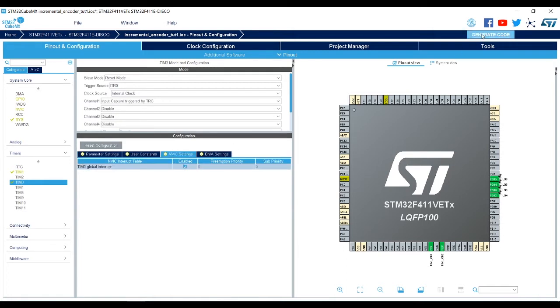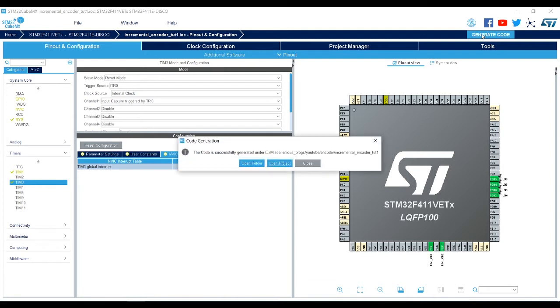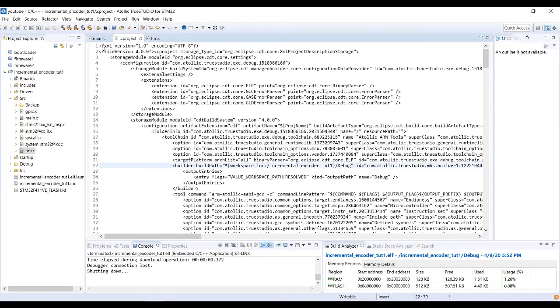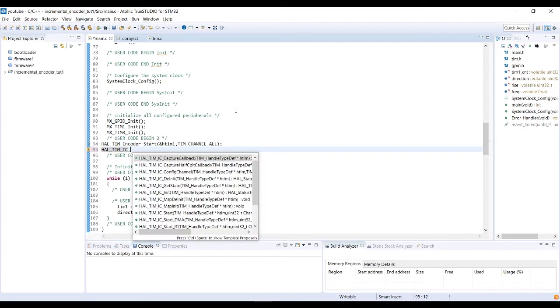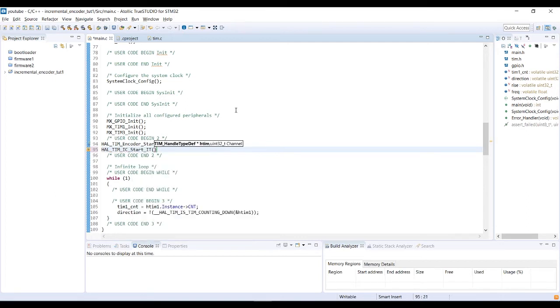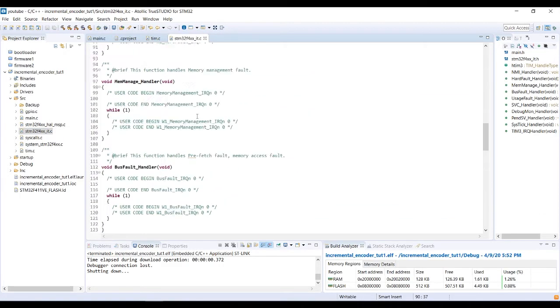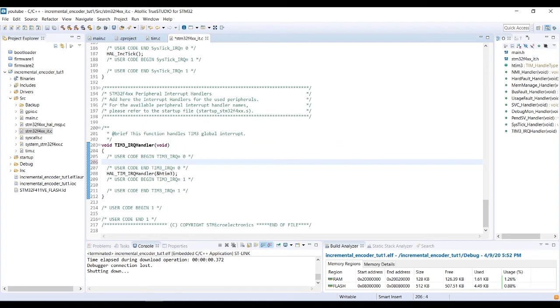Instead of wasting the controller's precious time by polling for ITR0, we will use timer 3 in interrupt mode and later regenerate the code with the changed settings. Now the entire job is just reduced to starting timer 3 in interrupt mode, which can be done by a single function, and the interrupt is generated whenever the timer resets. And the timer resets whenever there is a rising edge on timer 1's input channel 1.